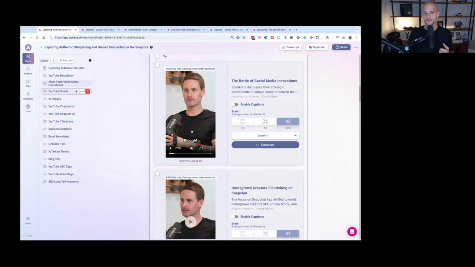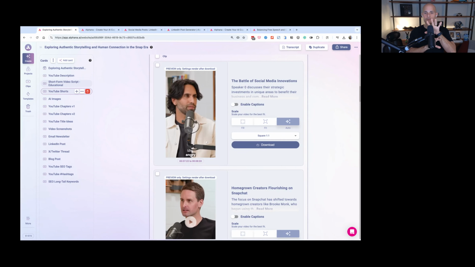The way that this comes up, it'll render once you hit download. For example, using auto mode will automatically detect when there are multiple speakers in the video, like this video, which actually has multiple speakers. We analyze the video, detect the different speakers, and then automatically either reframe the video to stack them for vertical if you're trying to put content out there, or focus only on the active speaker.